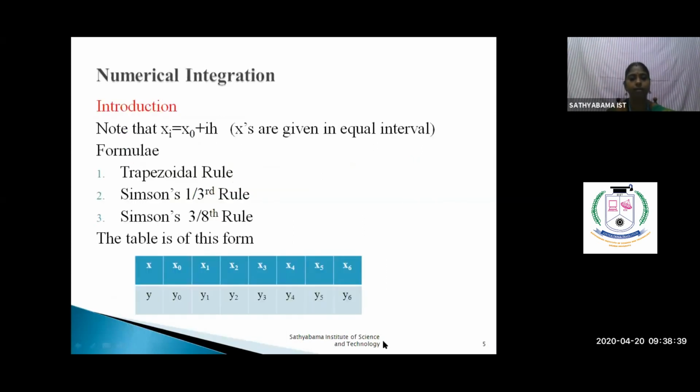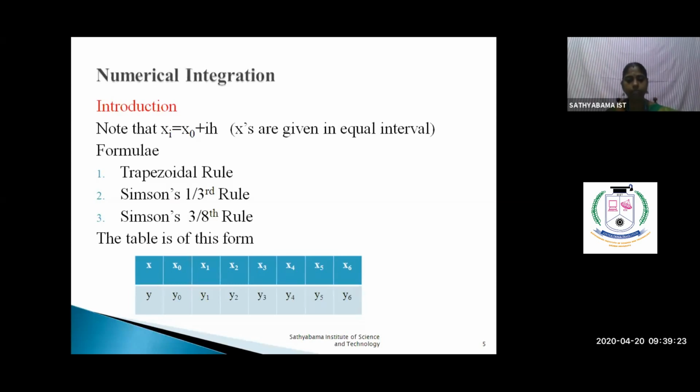What is that interval? Now you look at that. Now you have the entries from y0 to y6. So now I can take y0 to y1, that is my first interval. y1 to y2, that's my second interval. y2 to y3 is what? The third interval. y3 to y4, 4. y4 to y5, 5. And y5 to y6 is what? The 6th interval. So the number of intervals is 6 here for this example. How are you calculating the intervals?